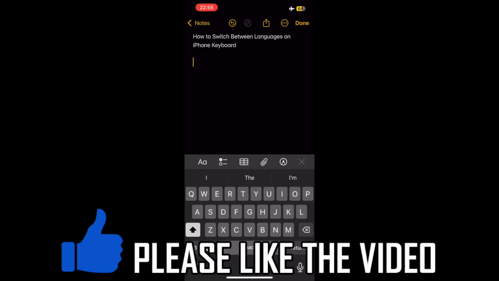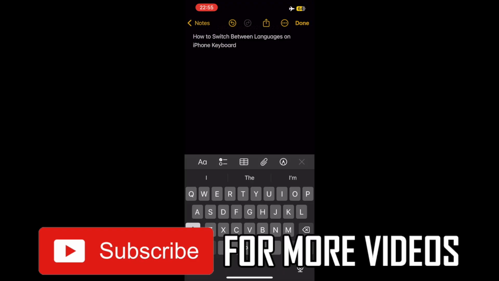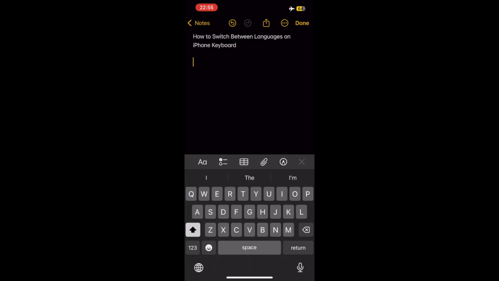How to switch language on iPhone keyboard. This will show you how to change between iPhone keyboard languages. So if you're typing something, you can do it in English, then go over to Mandarin, then to Spanish, or whatever language you want. So to do that, you want to press the bottom left-hand corner when you are typing